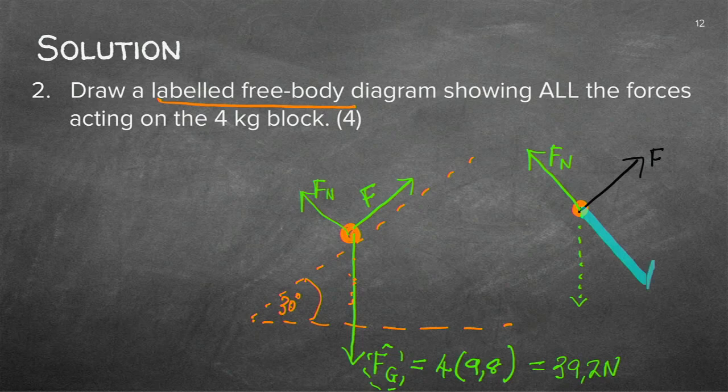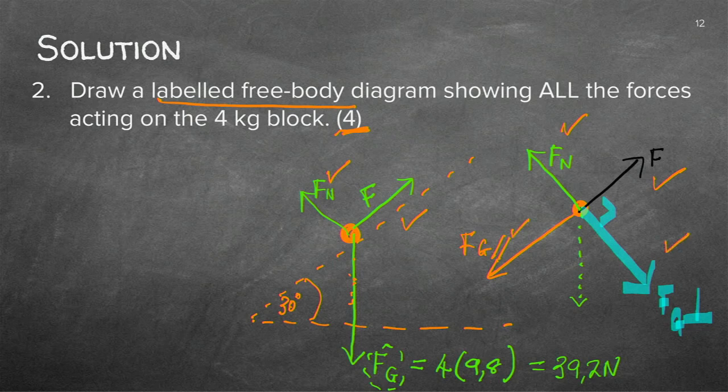The one being perpendicular, so it will be Fg perpendicular to the angle. And the other one will be the parallel component. Now I want to discuss quickly the marking. They will give you 4 marks. Can you see the normal in both of these will be a mark? The F in both of these will be a mark. And then you'll have to indicate the two components in order for you to get your 2 marks.